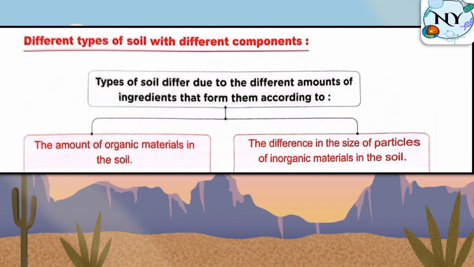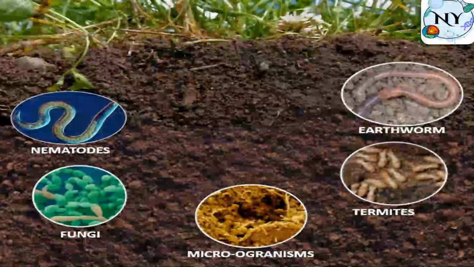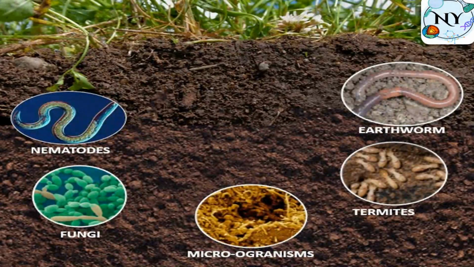And also inorganic materials. We agreed that inorganic materials are like water, air, and small pieces of rocks. So soils differ due to different amounts of ingredients like organic and inorganic materials and also the size of particles. Here, for example, we said last time that inside each soil we have living organisms like fungi, bacteria, earthworms,